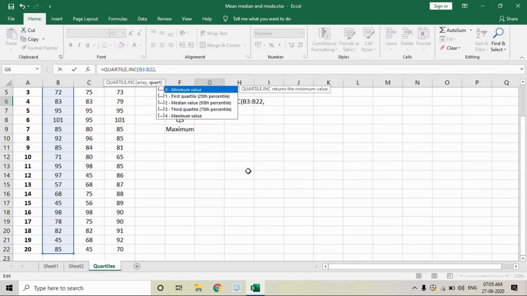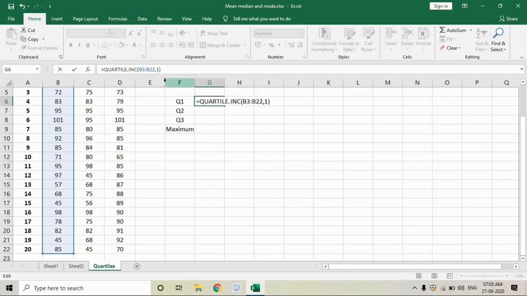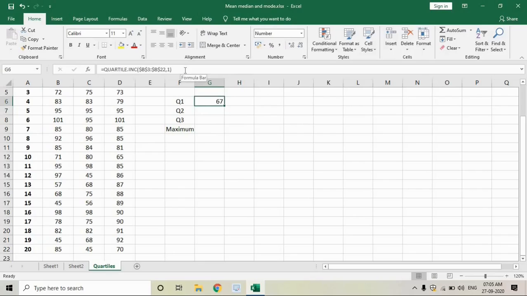If I press 1, it would be for Q1, so I need to find the value of Q1, and let me lock these cells because I need to use the same set of cells for Q2 and Q3 also. So press function F4, value is 67,